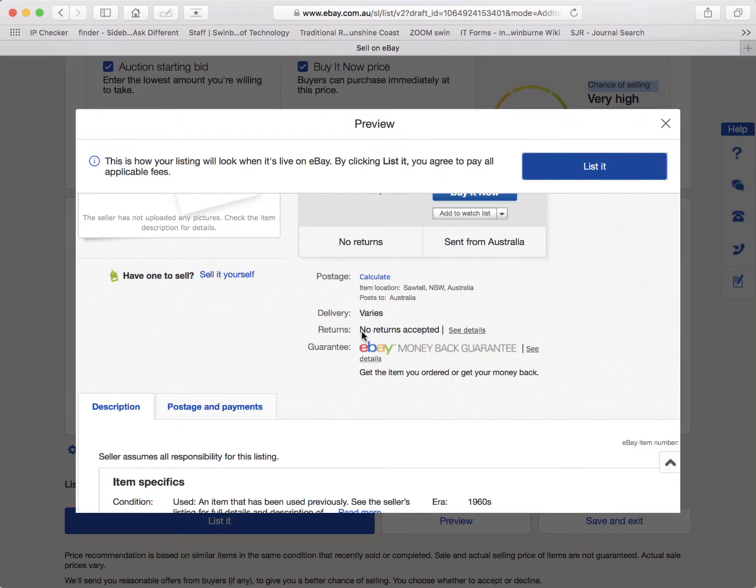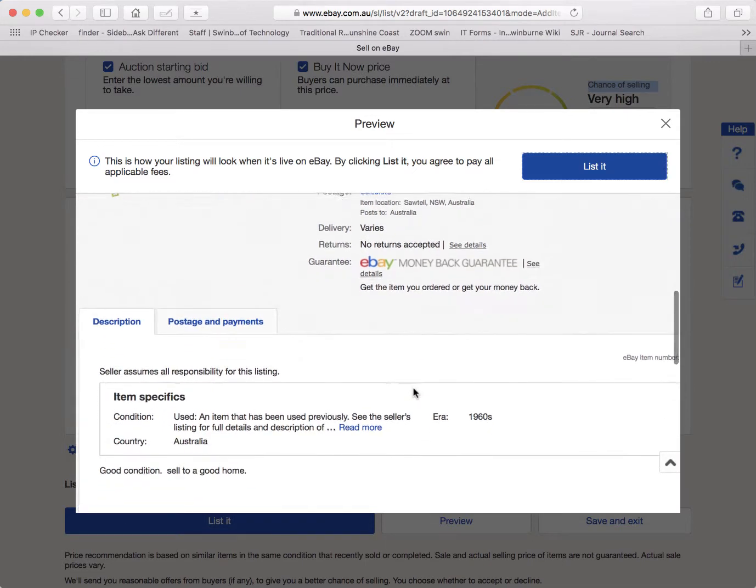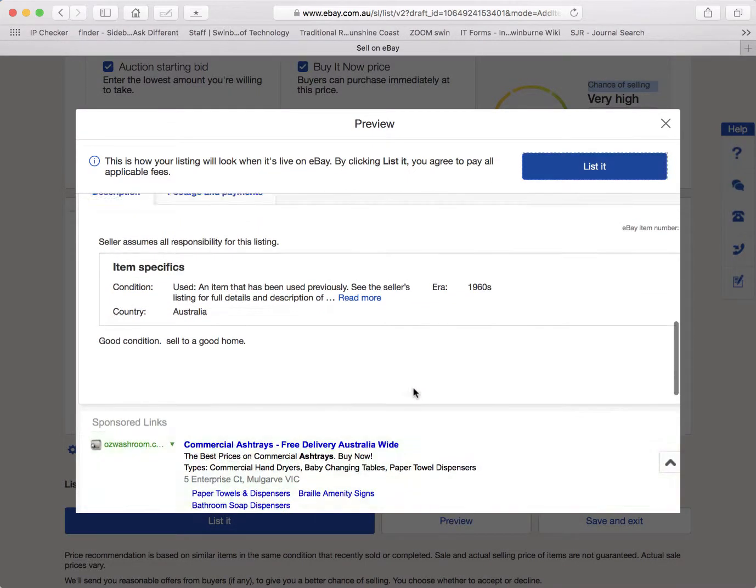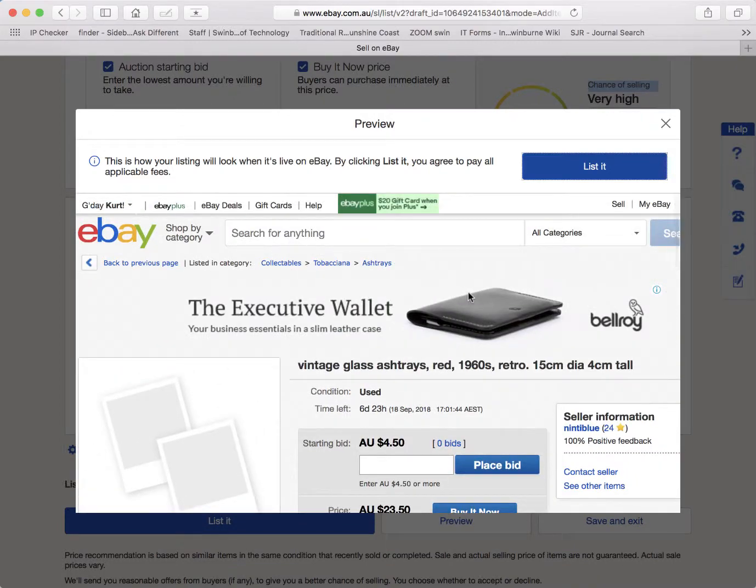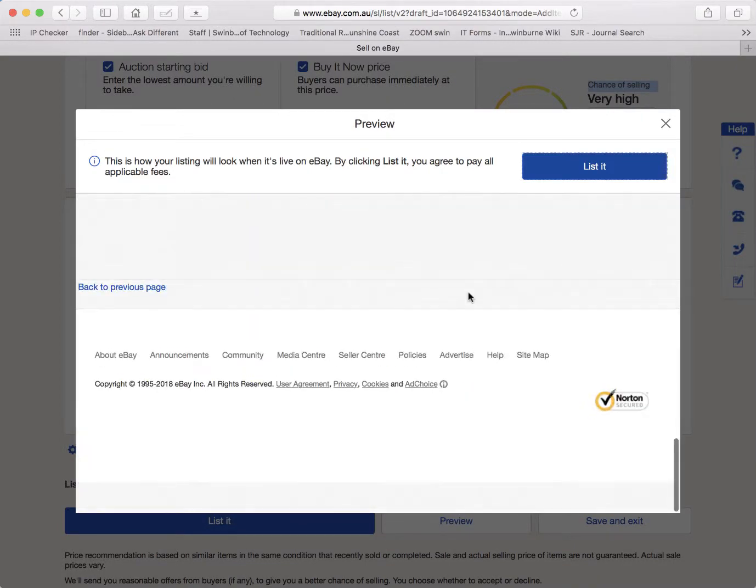It always puts down as default that you can't return it. And some descriptions that you've added here. Used, an item's previously used, blah, blah, blah, blah. That's it, because I'm not going to list it now. I'm just going to